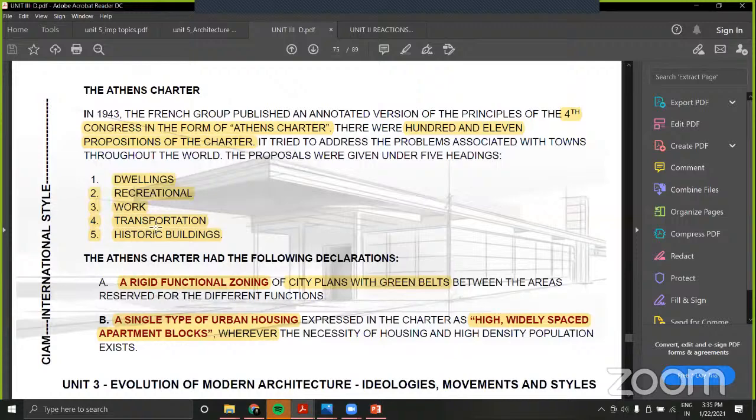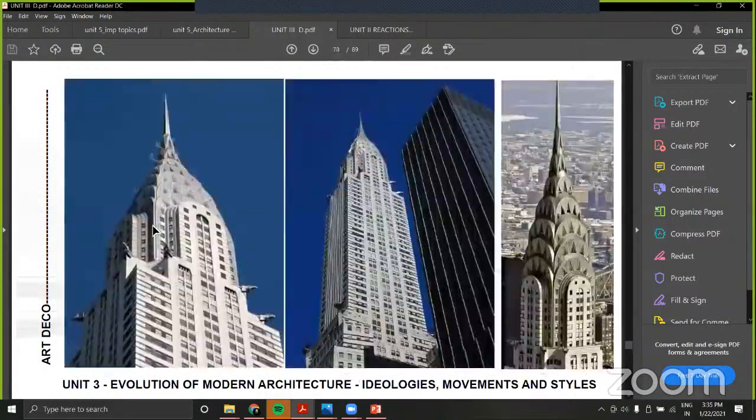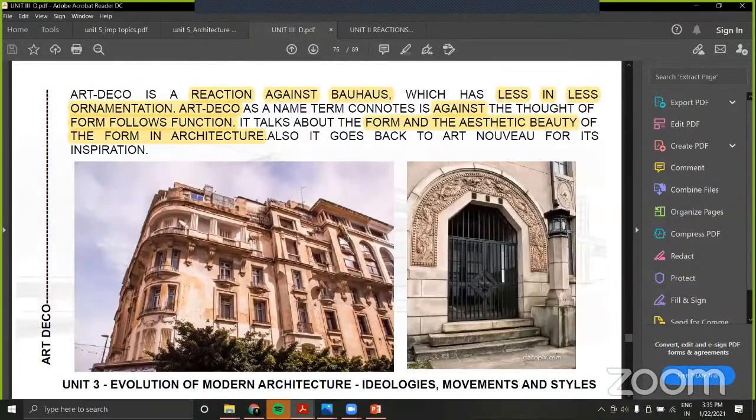We will be seeing an example of the International Style, and then came Art Deco. Art Deco is a reaction against the Bauhaus, which had less and less ornamentation. Art Deco was against the thought of form follows function. They talk about the form and the aesthetic beauty of the form in architecture. Art Deco came in reaction to the Bauhaus. The Bauhaus had a concept of form follows function,